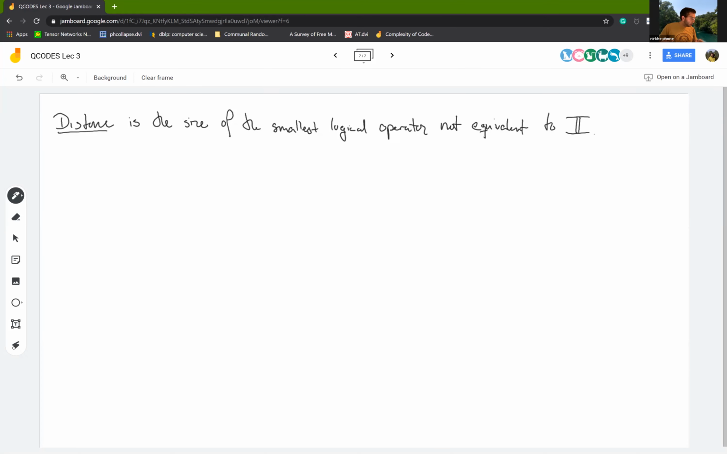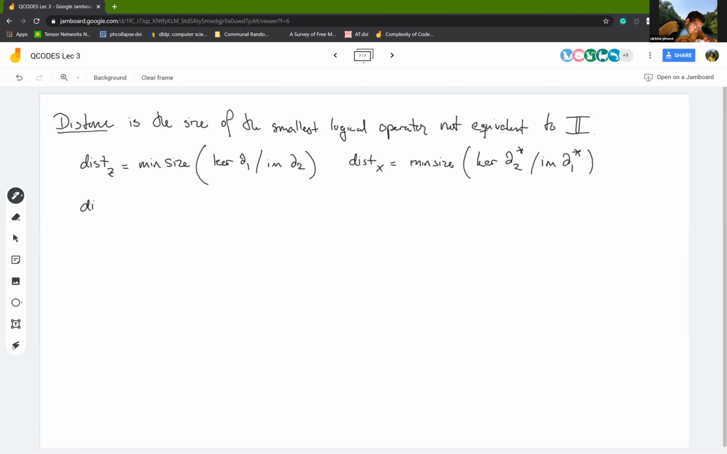So we can think of this as distance Z is the min size of the kernel of delta 1 modulo the image of delta 2. And analogously, I could think of the distance in the X direction as the min size of the kernel of delta 2 perp modulo the image of delta 1 perp. And I can think of the total distance as just the min of distance Z